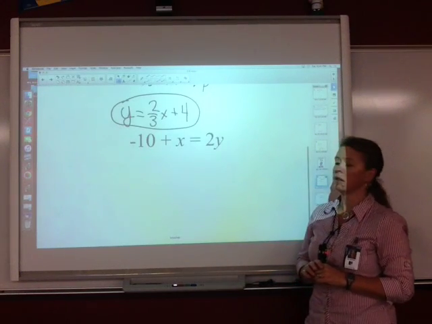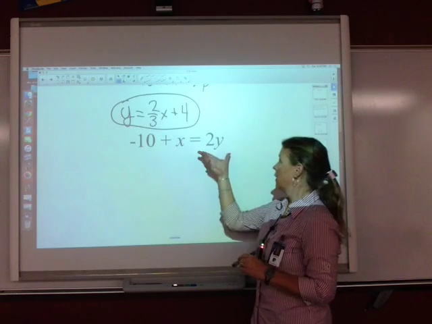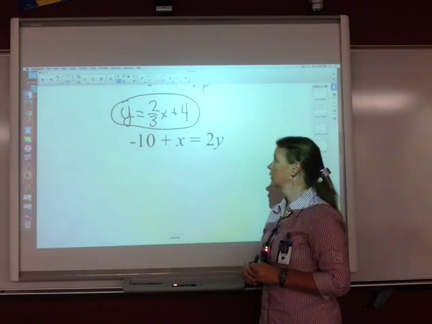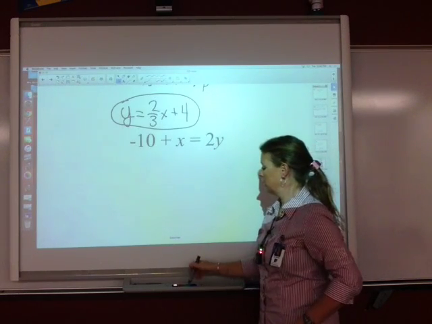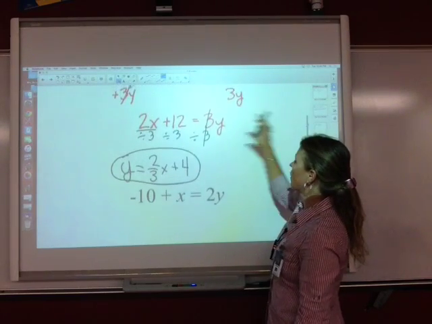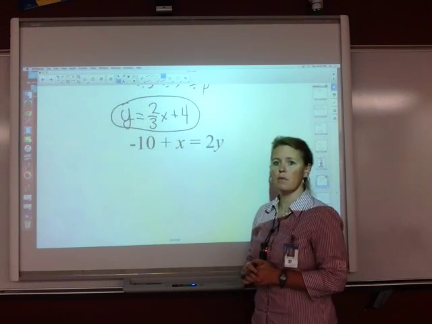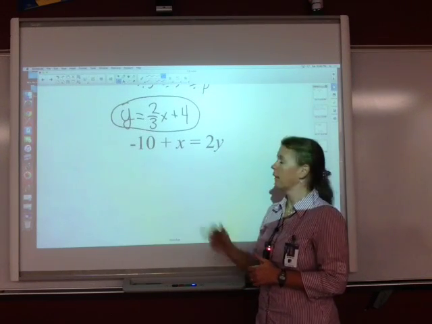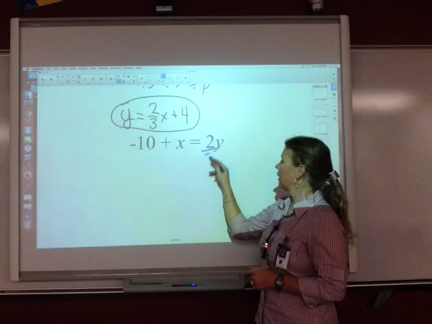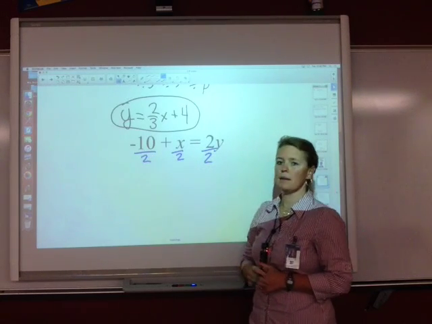Last one of these. Negative 10 plus x equals 2y. Your y is nearly isolated, but again it has a 2 by it. And this one looks like the one that we just did previous, where we moved the y over to the right side of the equation. That's okay. Move it to the right side. This one's going to have a little bit something different. When you divide by 2 3 times,